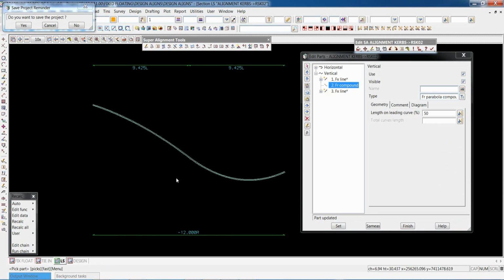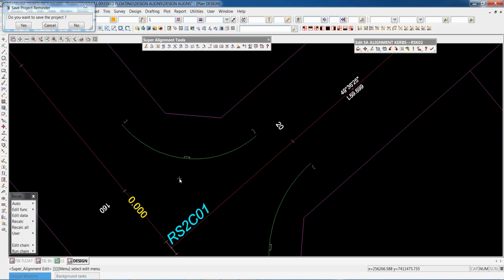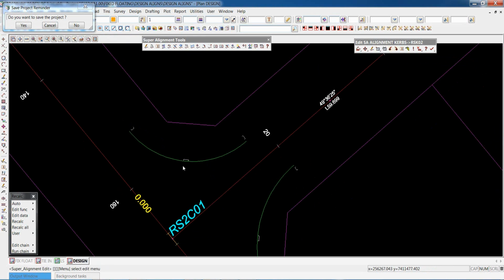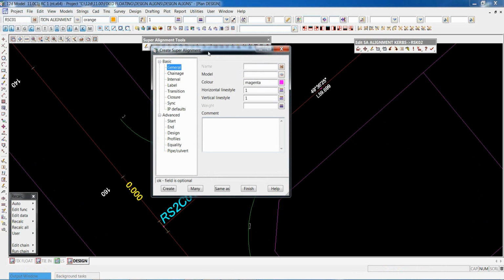There's no real control over what happens in the middle part here. So in our job, the crossfall between this center of the road here and across to here is whatever it ends up being. So if you want a bit of control over that crossfall, we can create an alignment string, a super alignment for that, and then use some of the element parts to lock that into our design here.